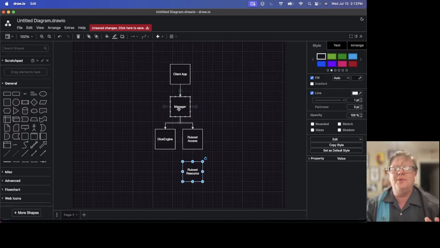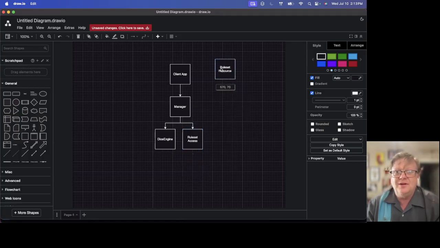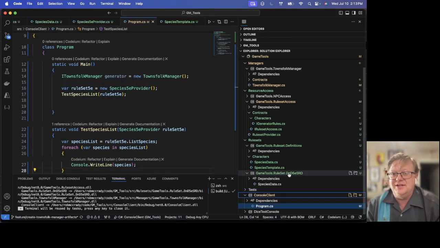And I want the manager to tell the resource access class where to get the resource to access, or perhaps even provide the resources that we're going to access. So instead of having the rule set access directly reference the specific rule set, I'm going to take our D&D 5e SRD rule set,